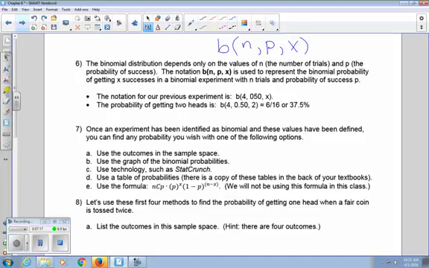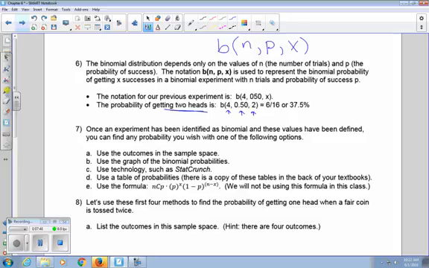So the probability of getting 2 heads, so that's the number of successes we're interested in, would be listed as, in our experiment, our N was equal to 4. The probability of getting a success, a head, was 0.5, and what we're interested in is 2. So once an experiment has been identified as a binomial and these values have been defined, you can find the